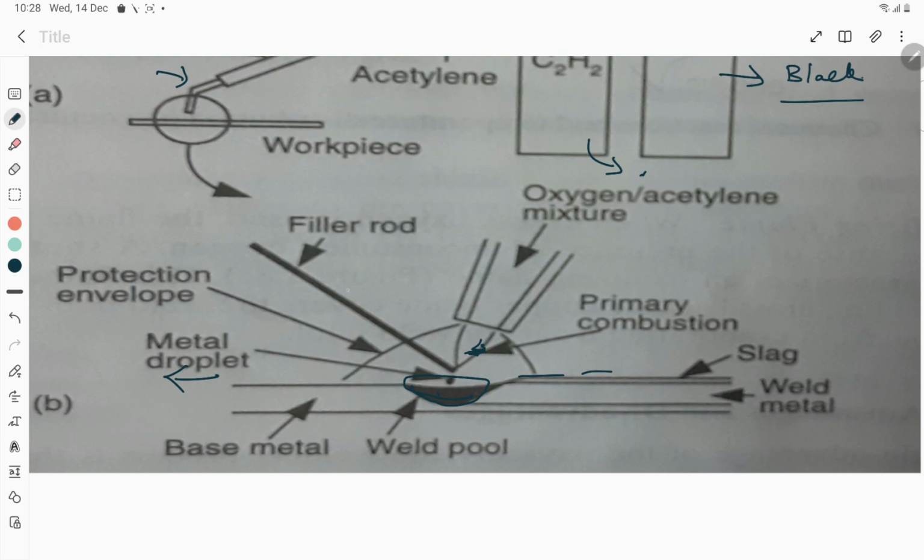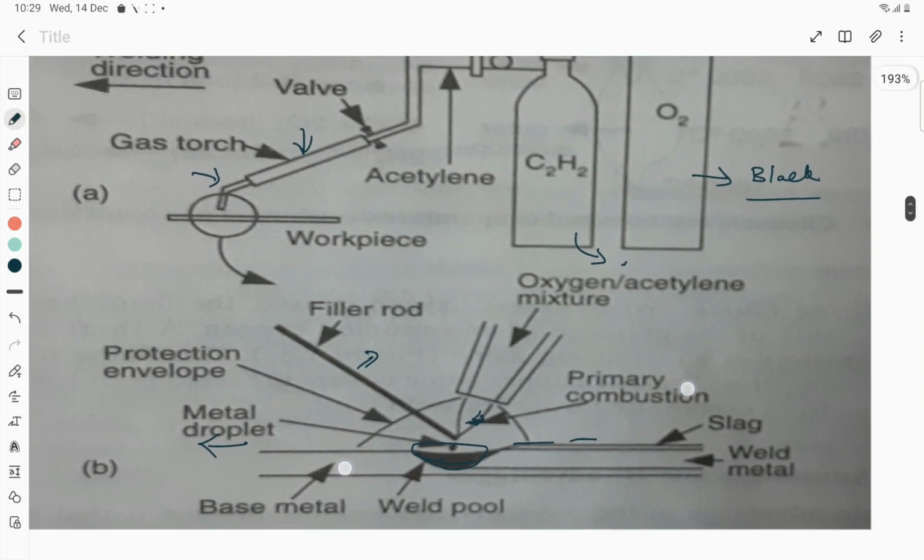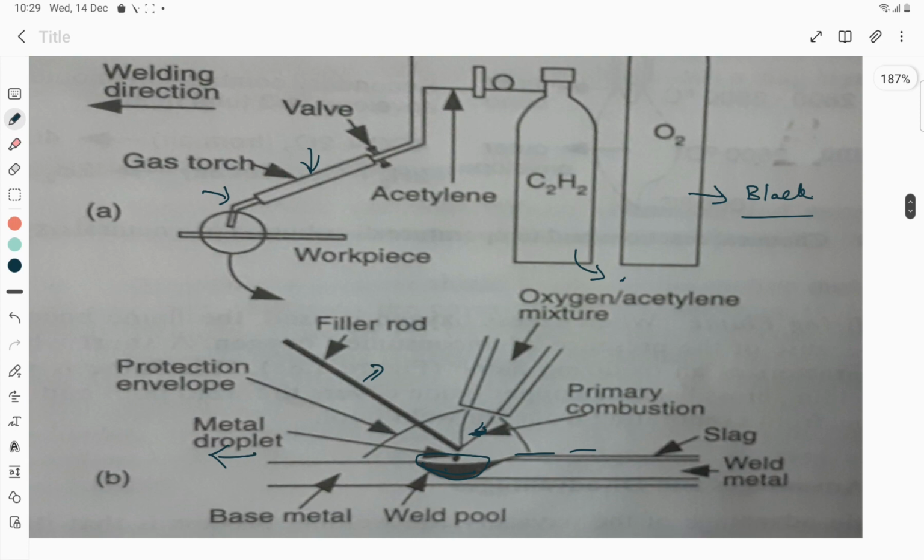Okay, so you can see here there is a filler rod. If you want to deposit any additional material for the purpose of alloying or for just filling the material, we can use filler rod, which will be coated with the flux. As we have seen before, this flux will help us to protect the weld from atmospheric contamination. So this is the construction and working aspect of this